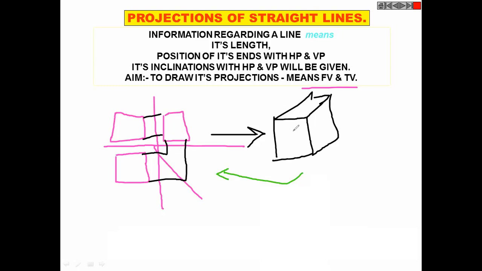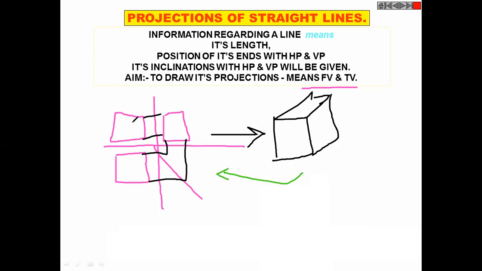Either time you will be given these things for line and you are drawing this. Other times you will be given these lines and you are finding its true length, etc. True length means line. For line it is true length, and for a volumetric entity it will be true shape, true size. Understand? So here we are discussing both problems together for line. At times you will be given these views and apparent inclinations, and you will find true length and true inclination. At times you will be given true length and true inclination, and you will find views and apparent angles. That's it.